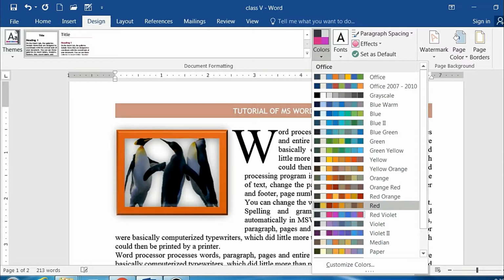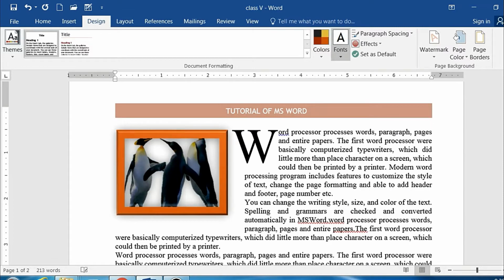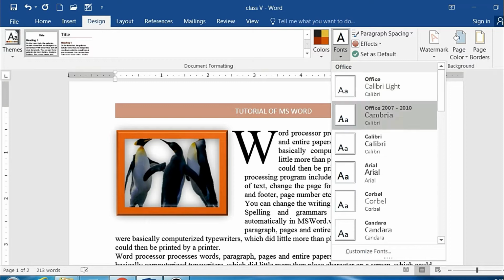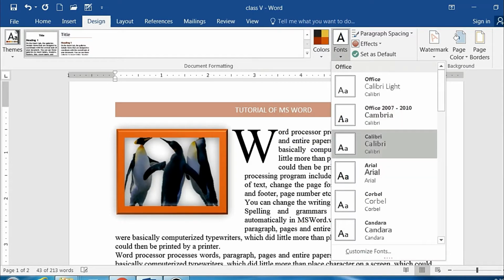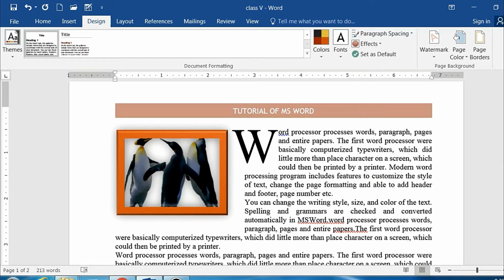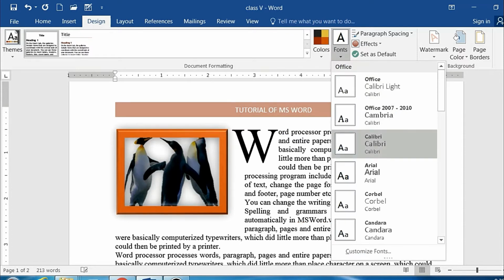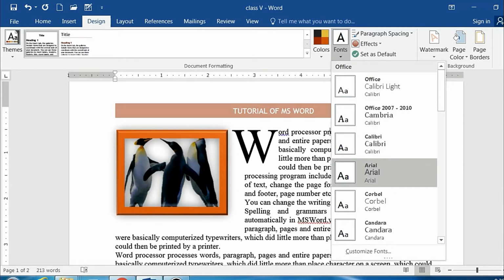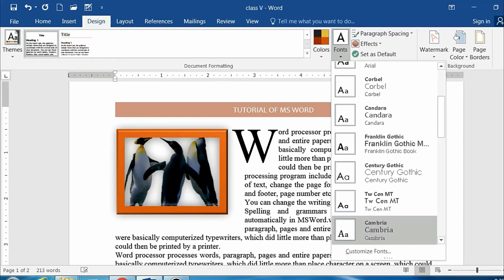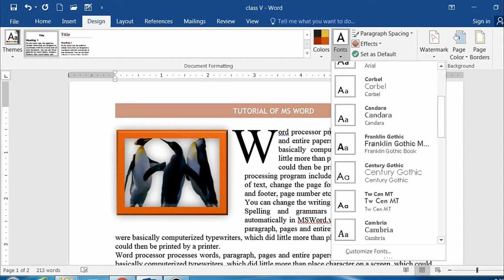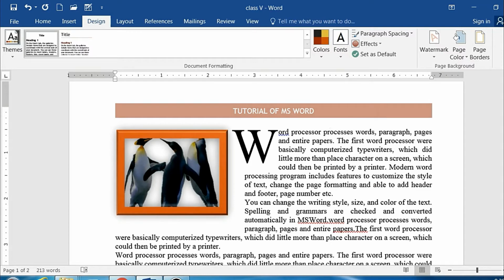Okay, so next we are talking about the font. You know what the font actually is. Here the font means they are not changing the font of the text, they are changing the font of the title only. You can see the title's font. This is the title here. You can see how the font gets changed. The title's fonts get changed. Okay, to change the font size of the text, you get more options in the Home tab only. We have already discussed that in the previous videos.